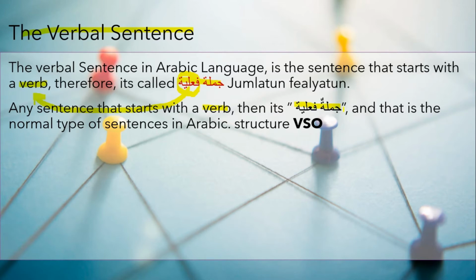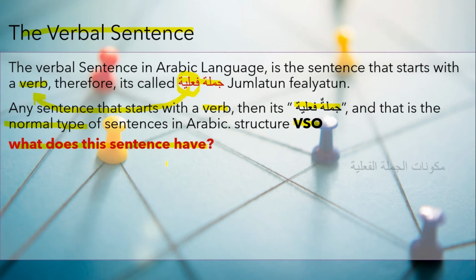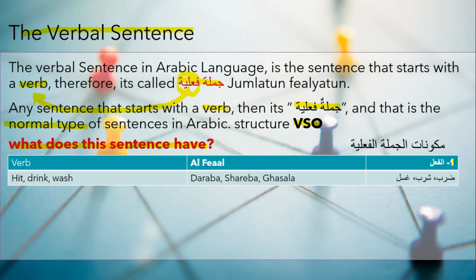Any sentence that starts with the verb, that verb being the start of the sentence, which is the normal type of sentence in Arabic, VSO, is jumlatun fi'liya, a verbal sentence. What does this sentence have? What does it compose? How can we form it? As we introduced in the previous lecture, we will have the verb, al-fi'l,